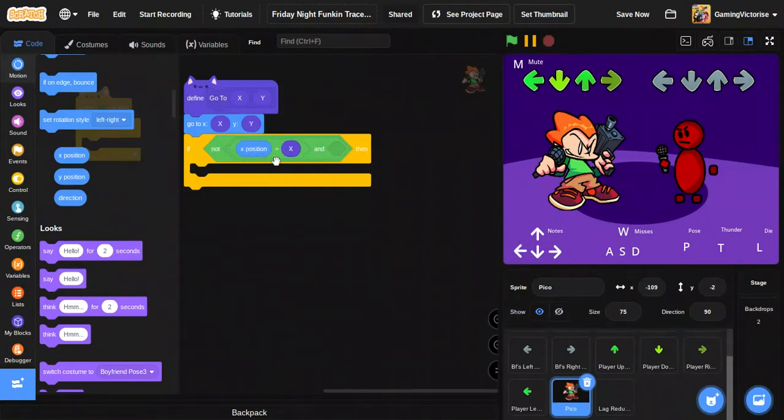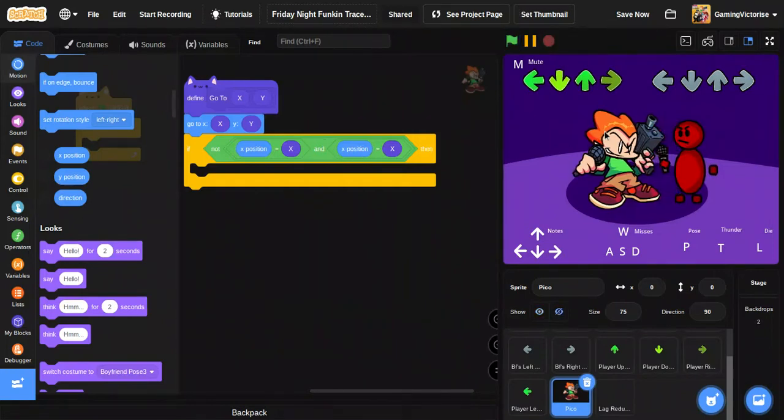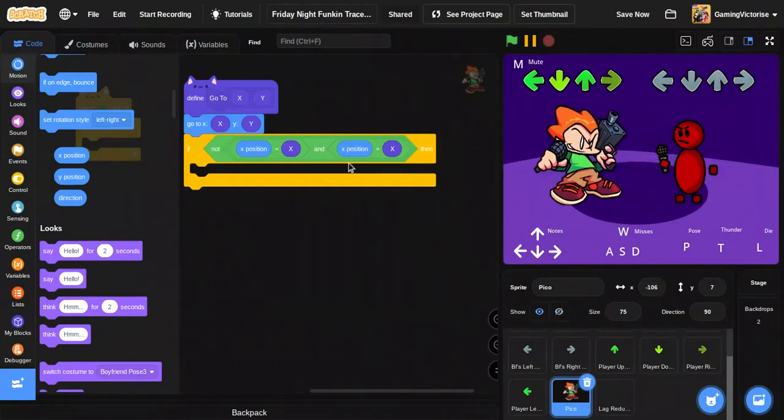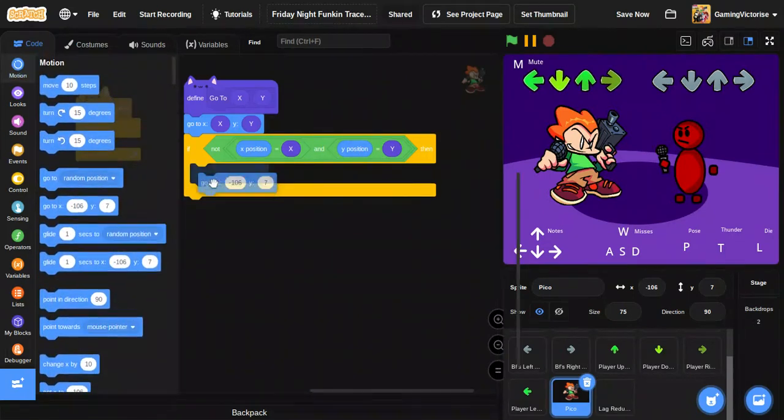Then all we can do is simply duplicate this. And if Y position not equal to Y, then all we wanted to do is simply go to X and